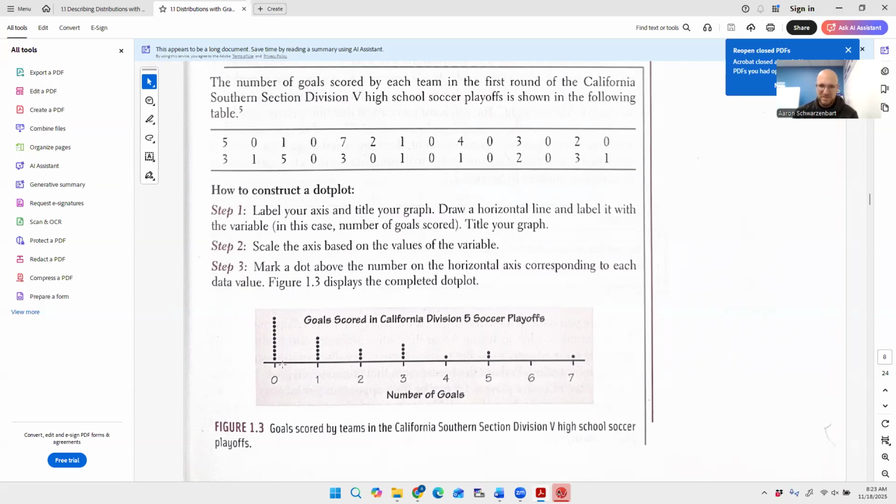Correct. It also shows us that generally fewer goals were scored, right? As a general trend, we could see that the graph is kind of going like this. Maybe that's not the greatest shape of it, but